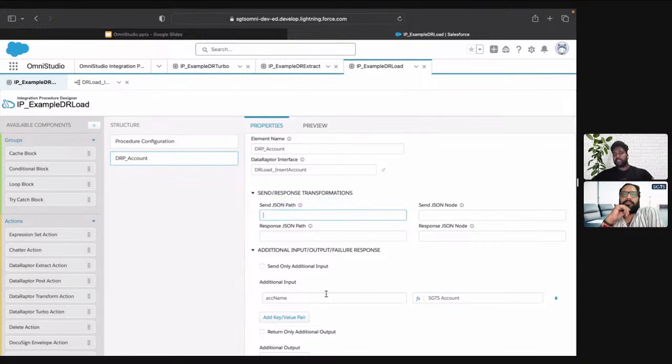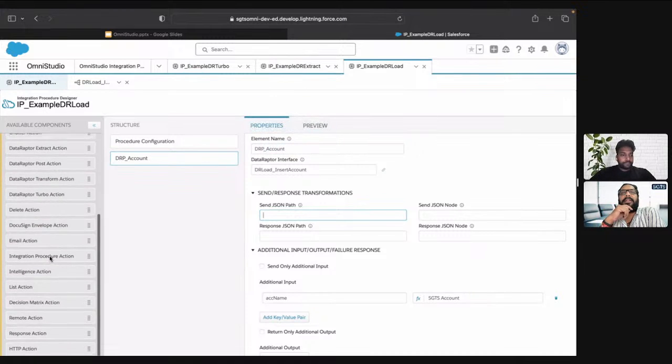Right now I just want to pass only one parameter, which is why I'm using the additional inputs. If I have an object, I can pass it from the send JSON path, or from the additional input as well. There is no difference in